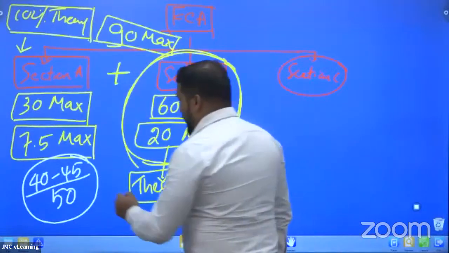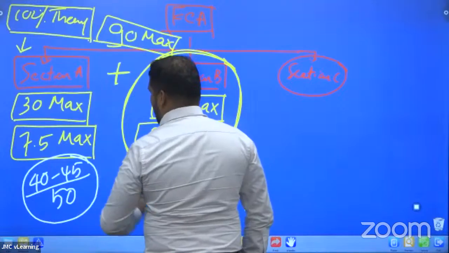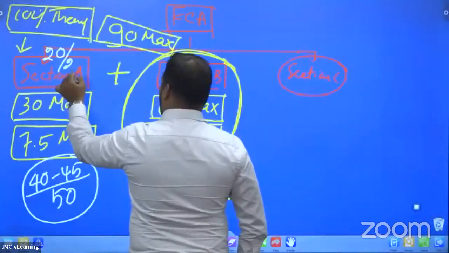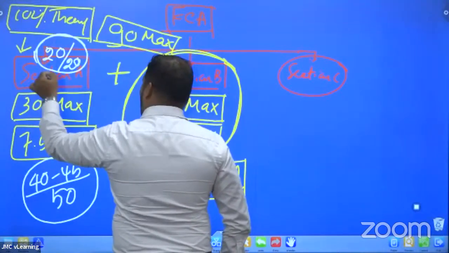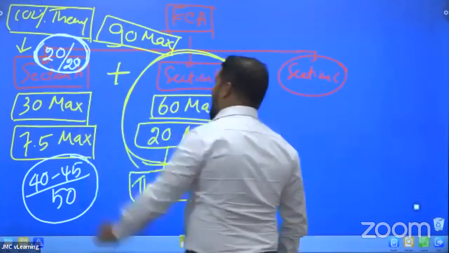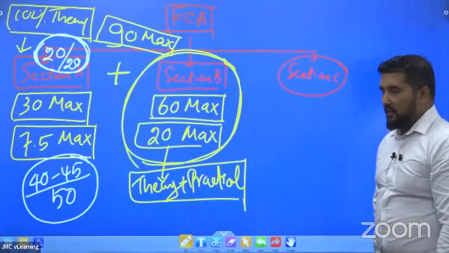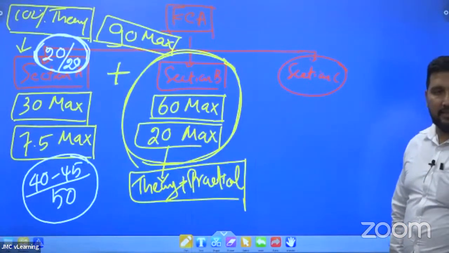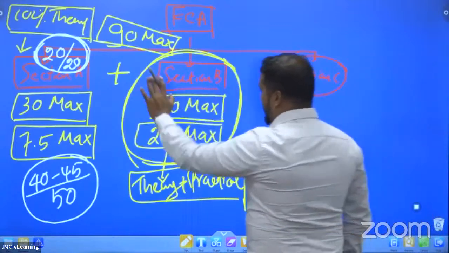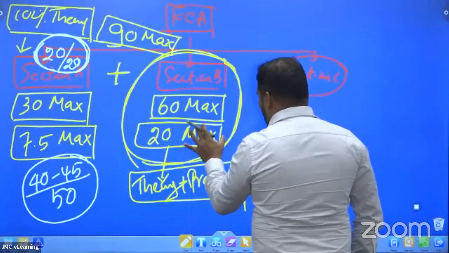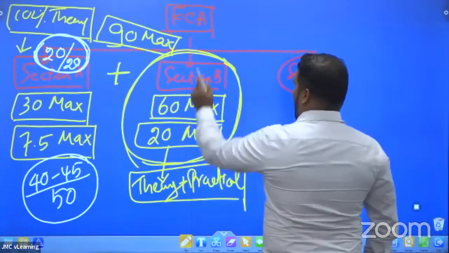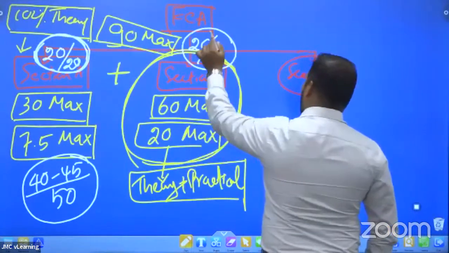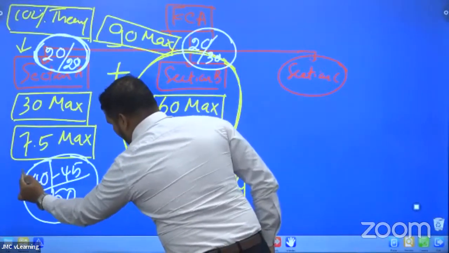So if you want to go to this level, you need to score 20 out of 20 for section A. I don't think this is difficult. You need to get maximum out of section A. If you get 20 out of 20, you will be having a little breathing space when you come to section B, so that you can focus on 20 marks out of 30, so that you will be reaching the minimum level of 40.